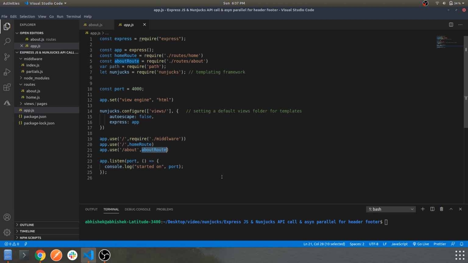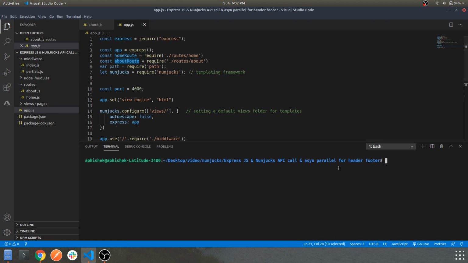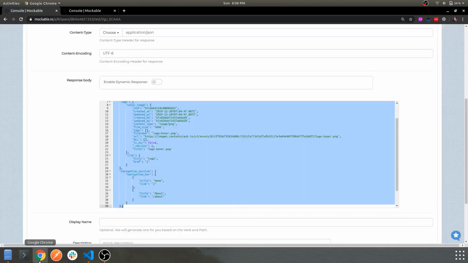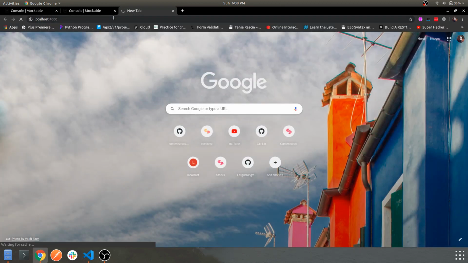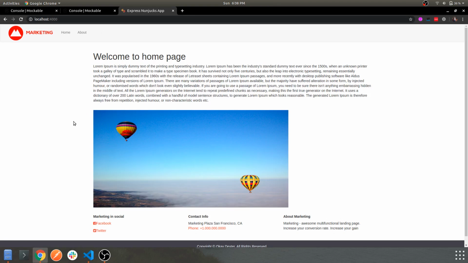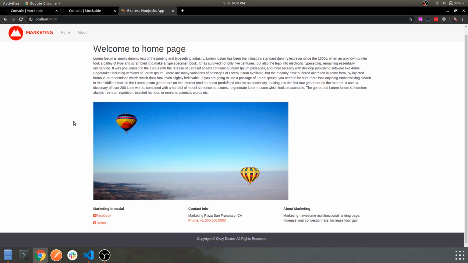Now let's move to the terminal and see what we have in here. That is node app.js, and hit enter. The server has started on localhost 4000. Let's navigate to localhost 4000 and see what we have in here. Yeah, so this is what we have in here: a basic